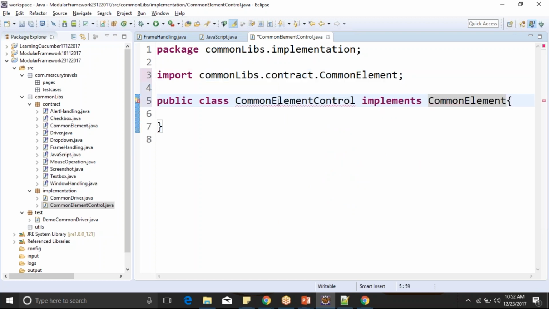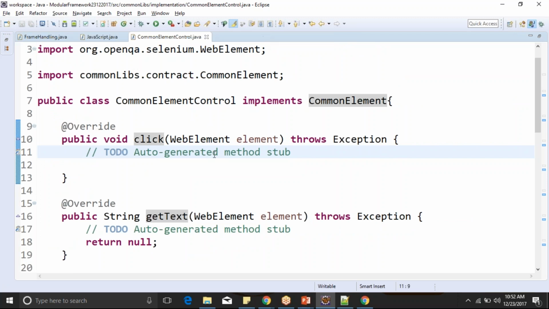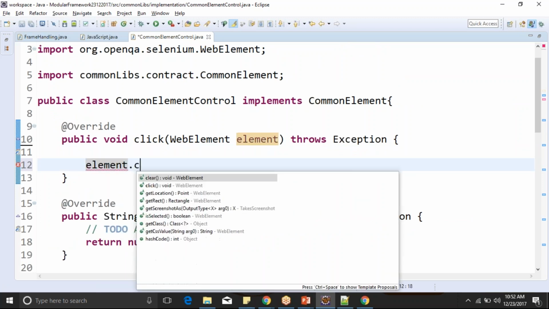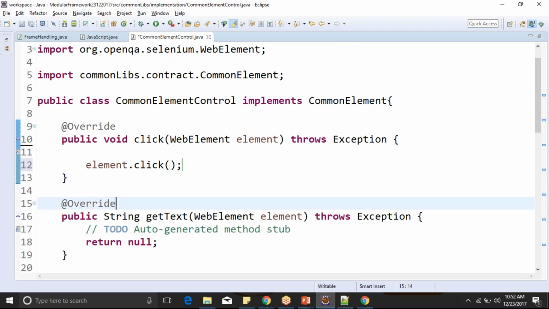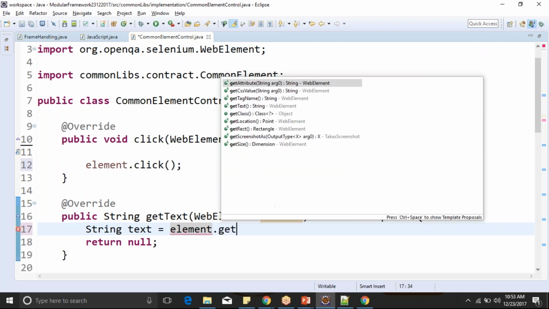So it will give you an option of add an implemented method. So we'll do this. Now if I quickly complete this class, first thing you have to do is click on what element is already given to you. So I'll say element dot click. Next, get text. So here I'll say string text equal to element dot get text,